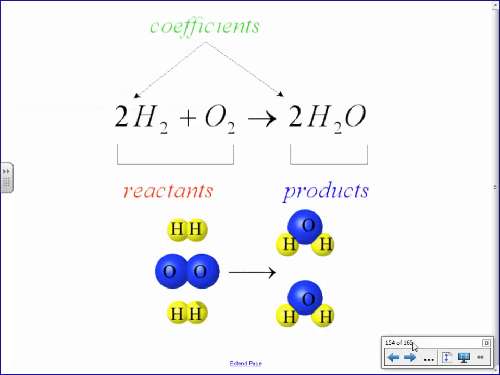Okay. If you see an equation, sometimes there are numbers written in front of formulas as well. Sometimes there's the little numbers down here, and this tells you how many of them there are in an individual group. But sometimes we put a big number in front as well, and that tells you how many of the compounds you need. For example, here's what actually needs to happen. We need to have 2